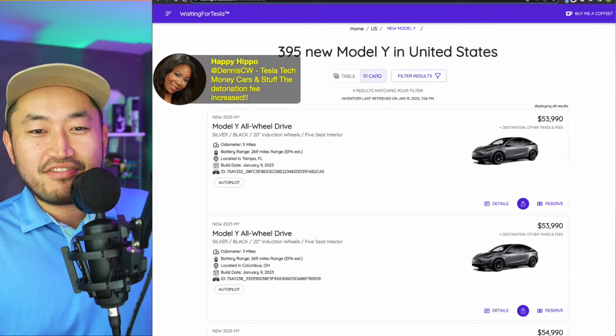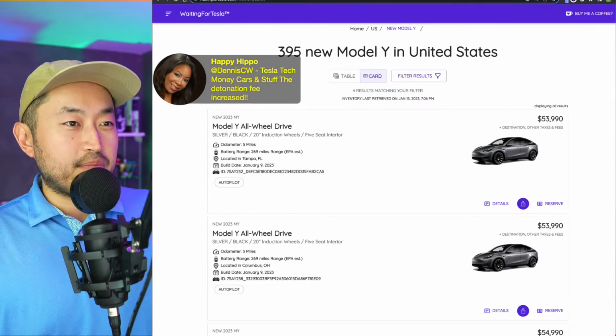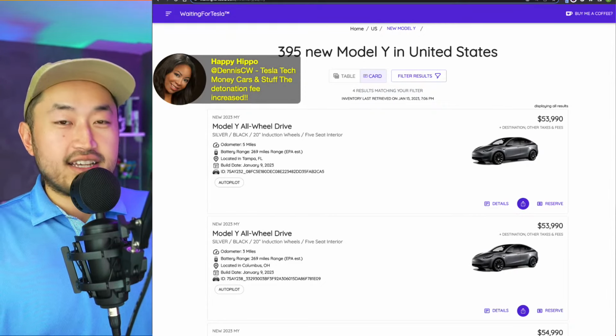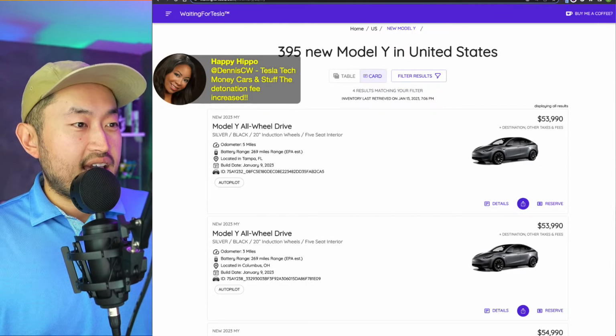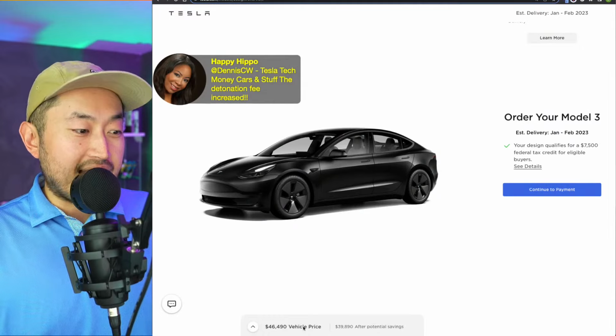But yeah, destination fee increase. They did a couple sleight of hands. Destination fee increase. What else? The paint color for silver is now $1,000. It used to be free, and that's it. The other thing I wanted to check, that it was the same yesterday, but last time they did stuff like